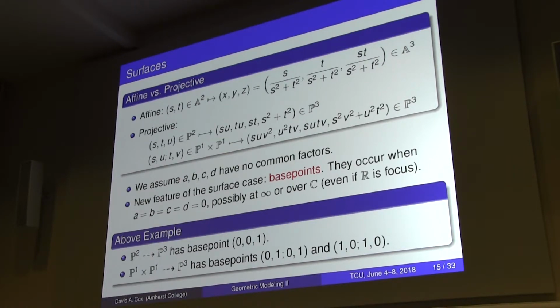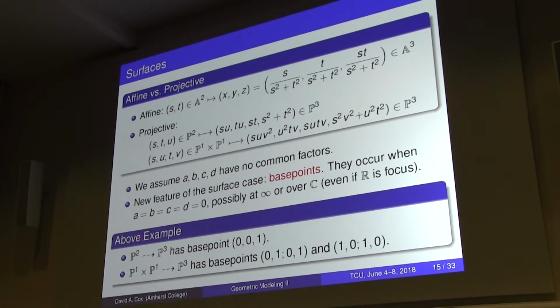We typically assume they have no common factors. Now in the curve case, having no common factors meant they couldn't vanish simultaneously. But in the surface case, even if they have no common factors, you can still have base points where all 4 vanish simultaneously. And this might even happen over at infinity. And even if you're working over R, you can have base points over the complex numbers. And it turns out you have to worry about all of them to make sure you have the